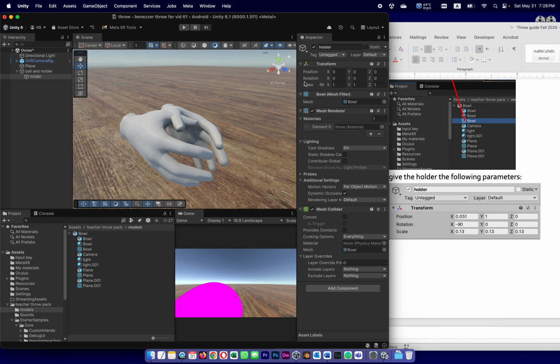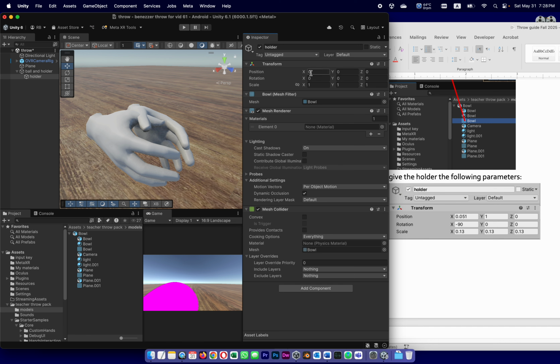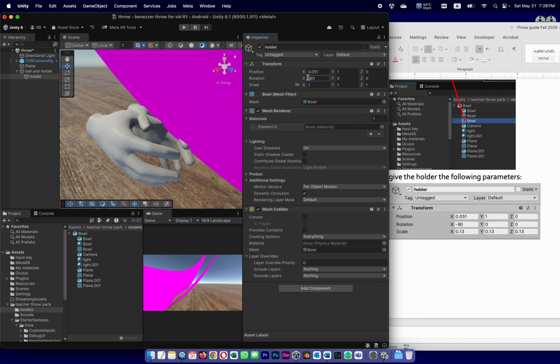Okay, so the holder now needs to be at 0.051 from the left, 1 meter in the air, y 1, which brings it up a little bit, z 0. For the rotation, see how it's rotated the wrong way, rotated 90 degrees, sorry, negative 90 degrees, very typical of things that were created in